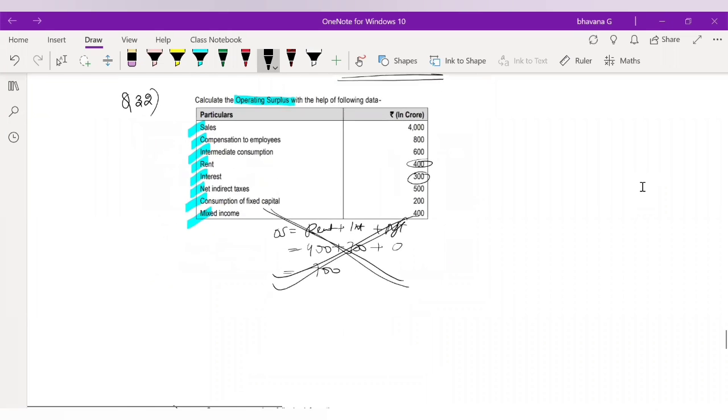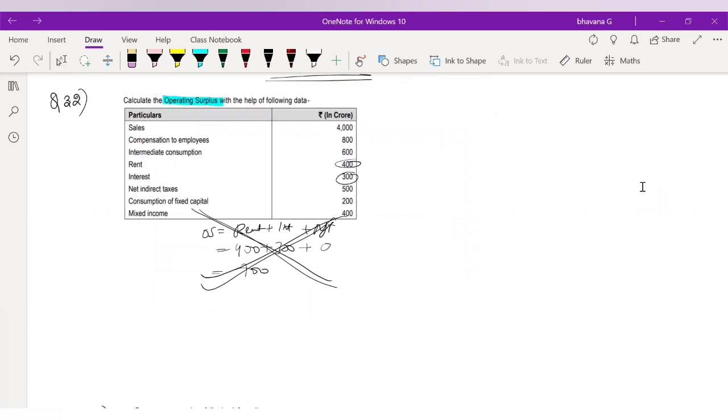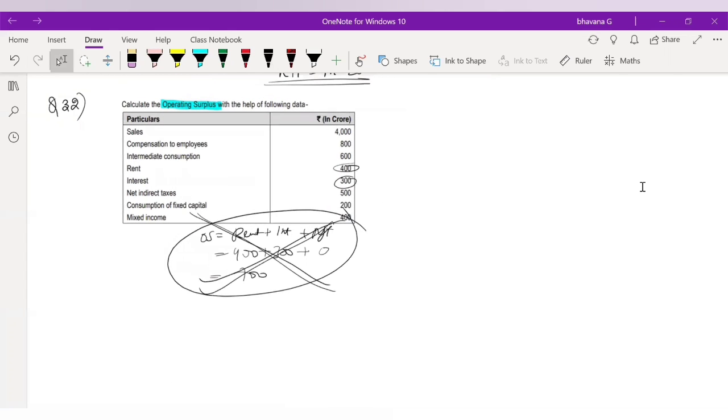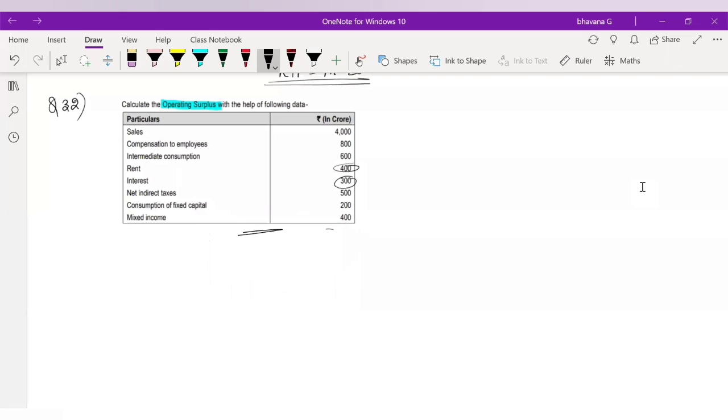You will solve it like this, which is wrong. Always see for how many marks the question is given. If it's given for 4 to 5 marks, they will not give you 4 to 5 marks for this. Here the profit amount they have not given us directly. We have to find it out. So what you have to do here is find GDP MP first, so first we have to start by finding out GDP MP.